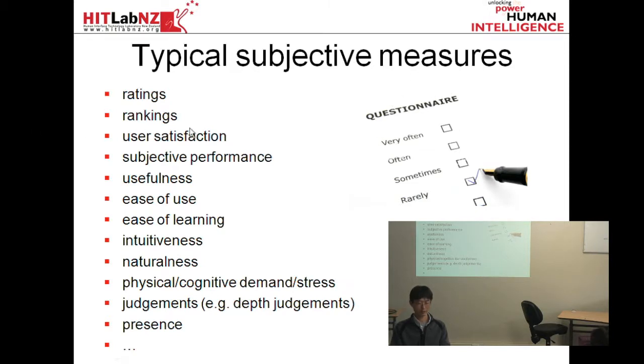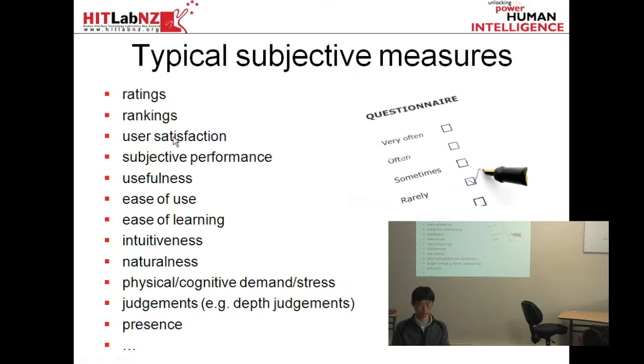Okay, and ranking is another thing. If you had 3 different interfaces, then ask them which one they most preferred and let them rank them based on their preference. Then that's a subjective measure, because that's asking them which one do you prefer. But you can quantize it by asking them to rank them, like giving first rank for interface A, B was the second one, and the third one is C, and so forth. So that's again a subjective measure that you can use with quantitative